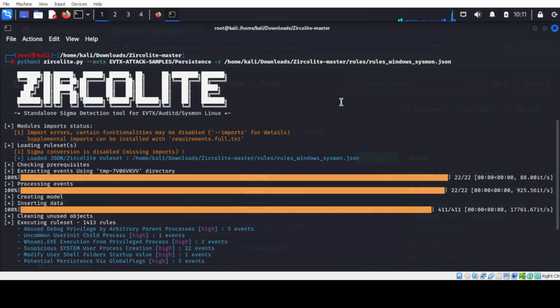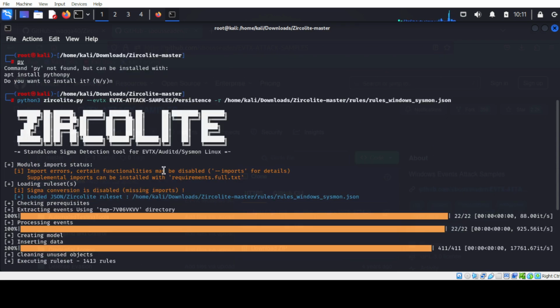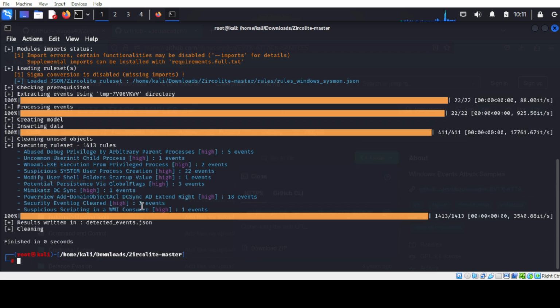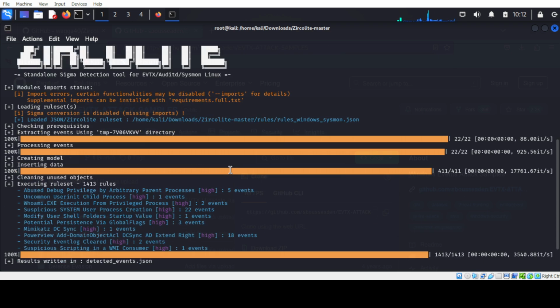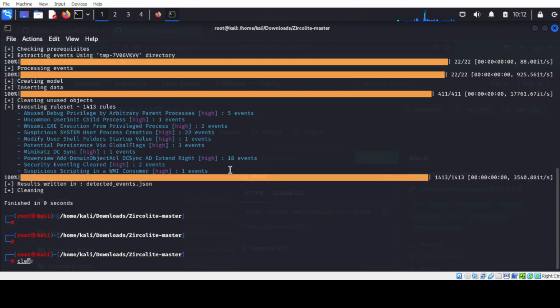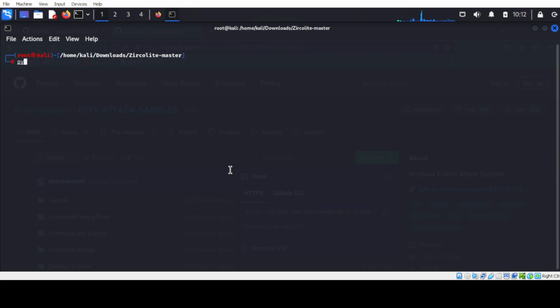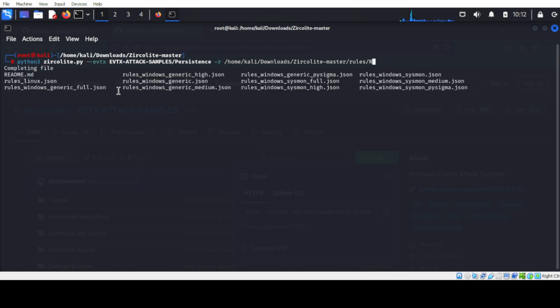See, after executing this command, the result is present. The point was that you can use only a specific set of rules by using this switch, that is -r. If you want to use some other rule set, the option is there. You can use that rule set as well.